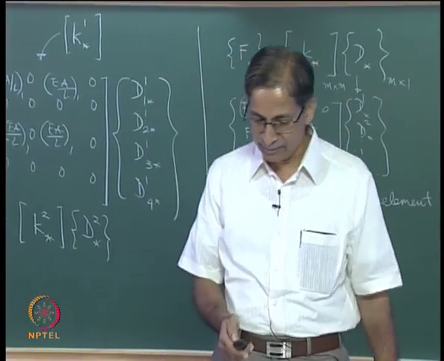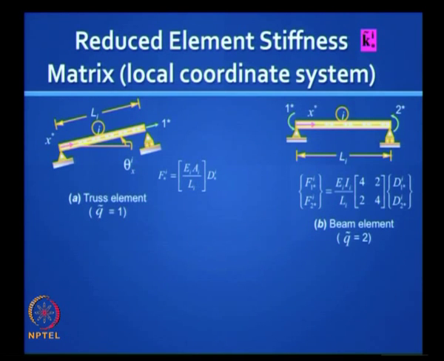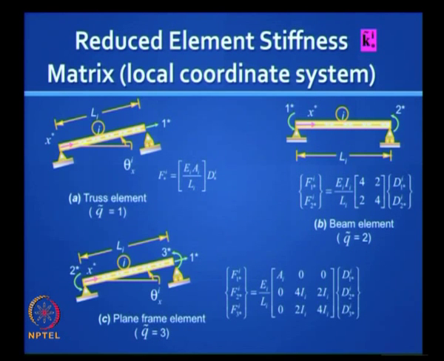Okay, that's your truss element, and we call that axial stiffness. What about your beam element? You are familiar with this, the values will be 4EI by L, 2EI by L, right? What about the plane frame? It's nothing but the truss element and the beam element put together, and we assume that the axial stiffness is independent. We ignore any axial flexure interaction.